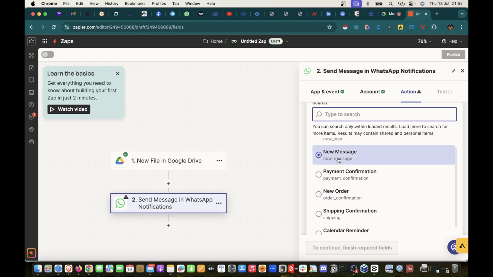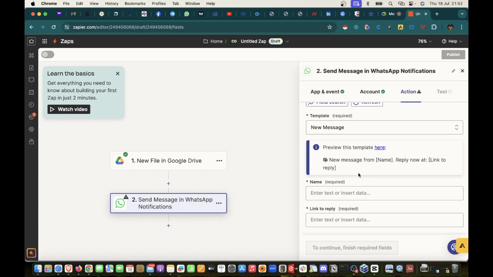You want to get a new message. A new message when what happens. What is the content of the message? So new message from name. Whose name do you want to appear here? Because it's a quiz sending,